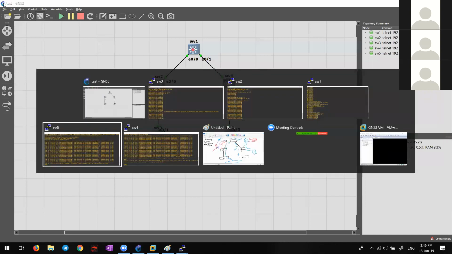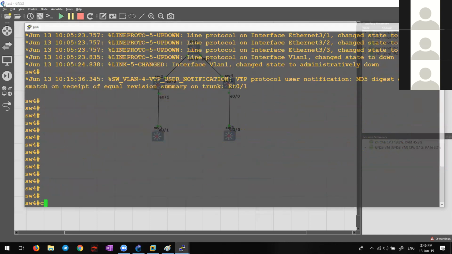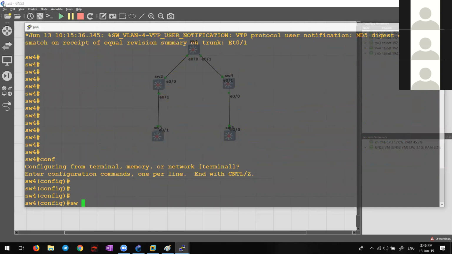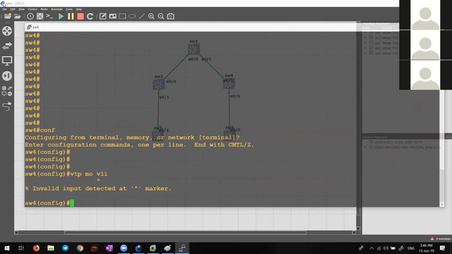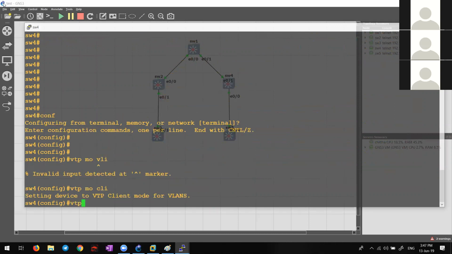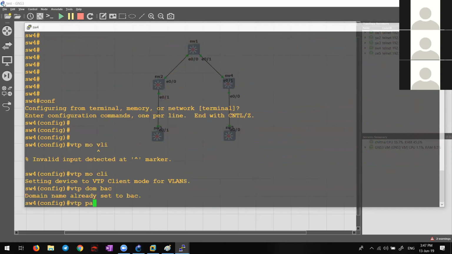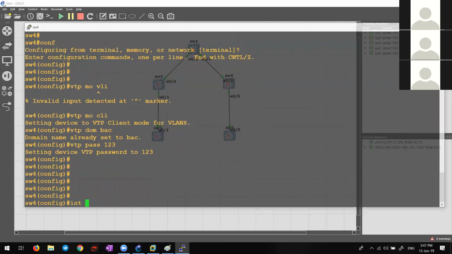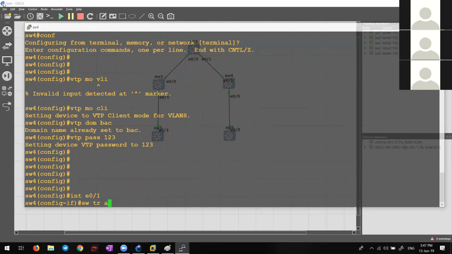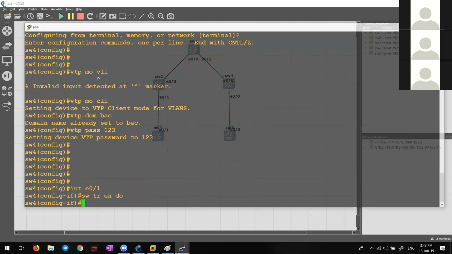Now fourth switch, config mode, VTP mode client, then VTP domain BAC, VTP password 123, interface E0/1, switchport trunk encapsulation dot1Q, switchport mode trunk.